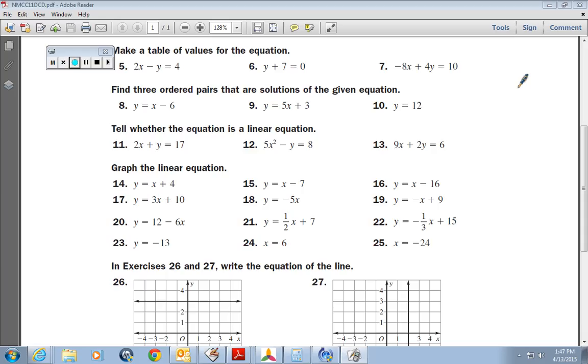Now I'm going to solve the same equation again, except I'm going to replace x with 1. So now, instead of saying y equals x minus 6, I'm going to say, what does y equal when I replace x with 1? What's 1 minus 6? Negative